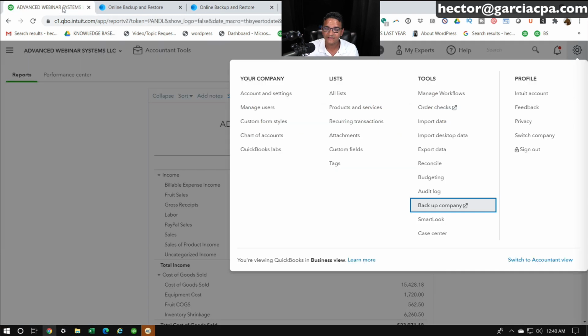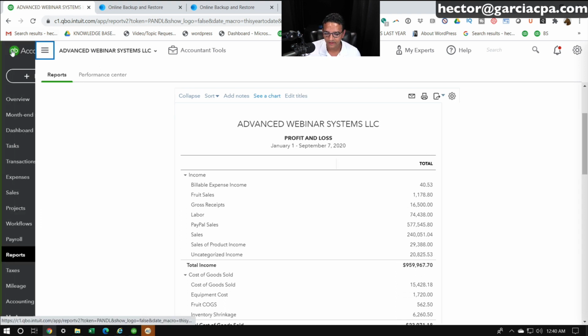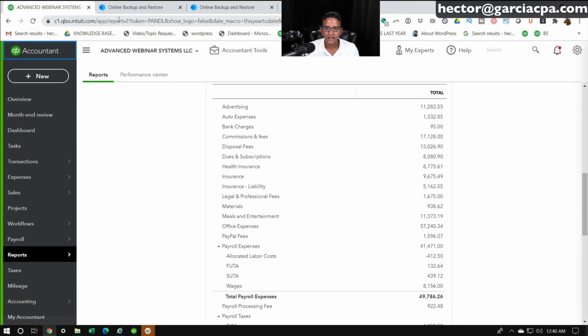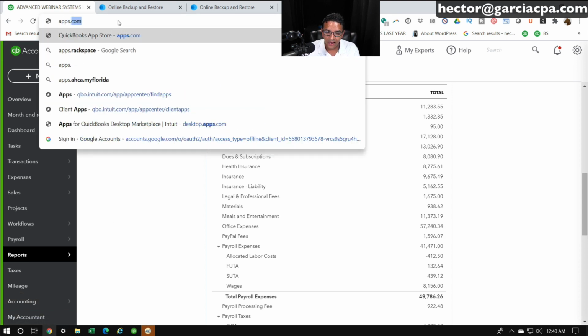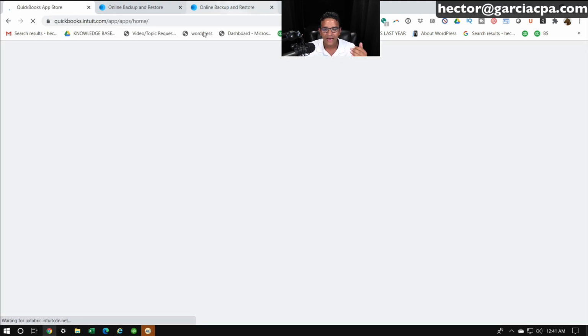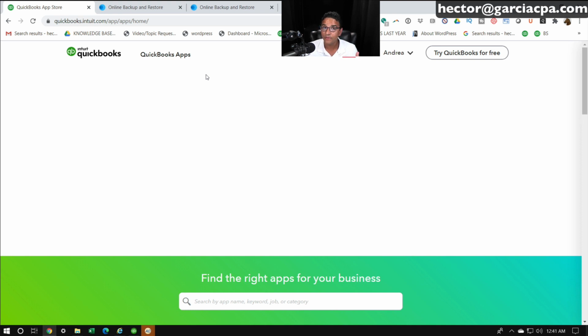all those functions. Let's say, for example, that you don't have the advanced edition, you have Plus, Essentials, Simple Start, you don't need to pay the $150 a month, but you do want this sort of online backup and restore option. What you can do here on the left-hand side, we can click on the apps menu. If you see an apps button on the left-hand side, you can click on apps. If you don't see it, then just type in manually apps.com, and that will take you to the QuickBooks App Store. And then in apps.com, you'll be able to access different apps, and there will be apps for backup